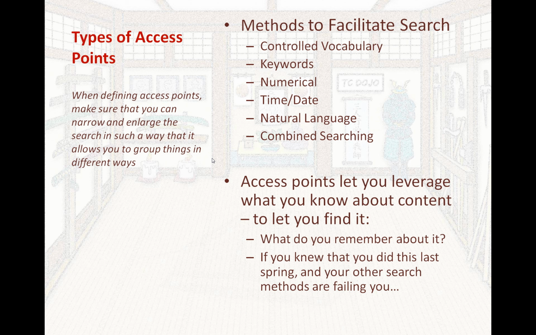Okay, so now we're going to step back and talk a little bit more about the specific types of access points, what they are, and what they do for you. So there's 6 typical types of access points, and those are controlled vocabulary, keywords, numerical, time date, natural language, and combined searching. So when you're defining your access points, you want to make sure you have multiple ways of getting at something and that they work in concert with each other to let you expand your search or narrow it,